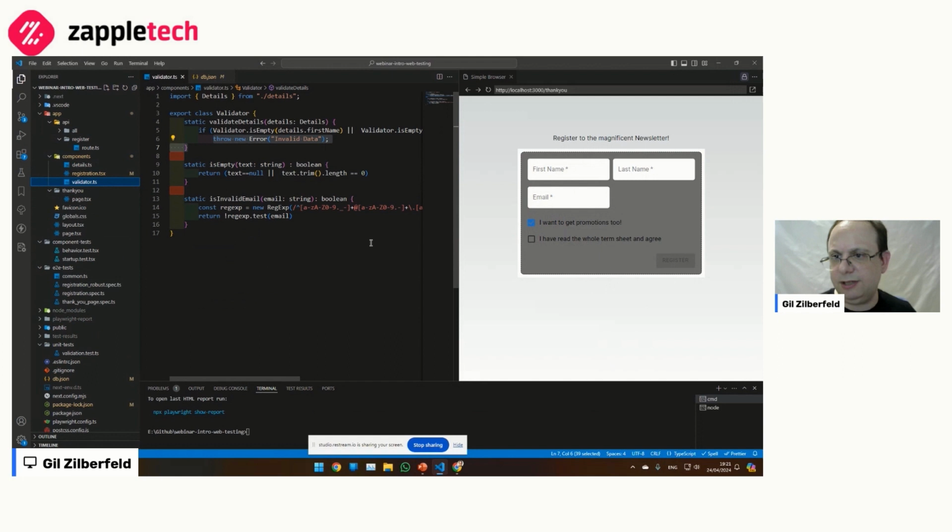Now, I could have put it inside the React component here, the registration, but then I would have to test things together. And that's not a big problem, but it's going to be slower, and it's probably going to need to set up things that I didn't need to. I could test validation through the UI, the Playwright test.